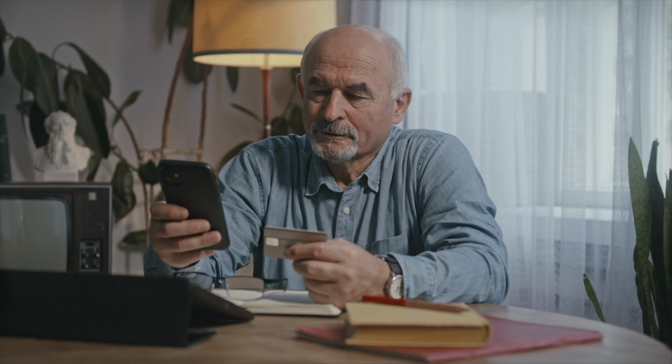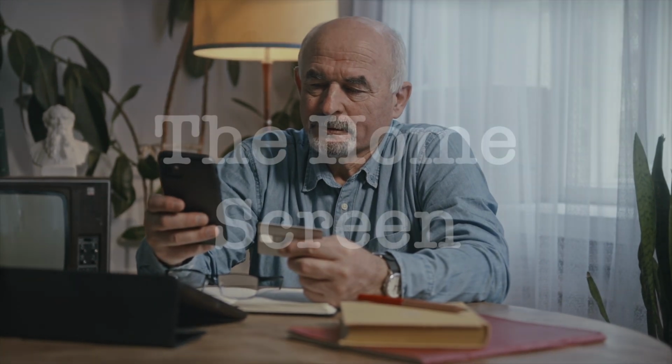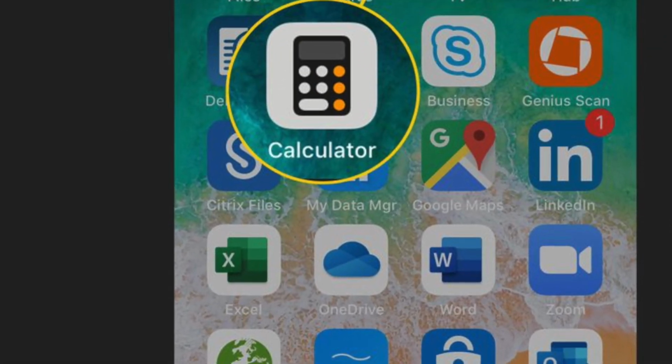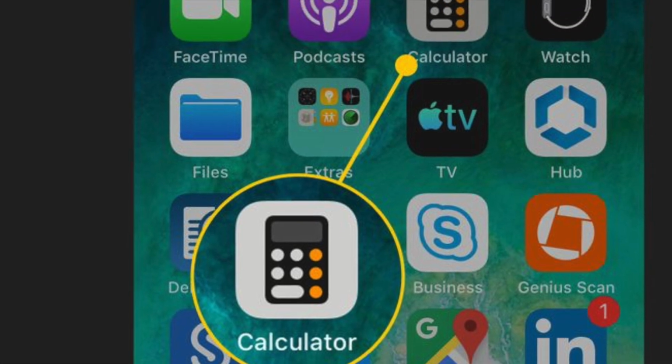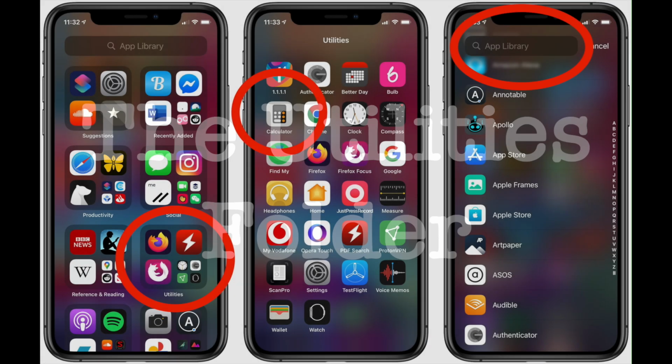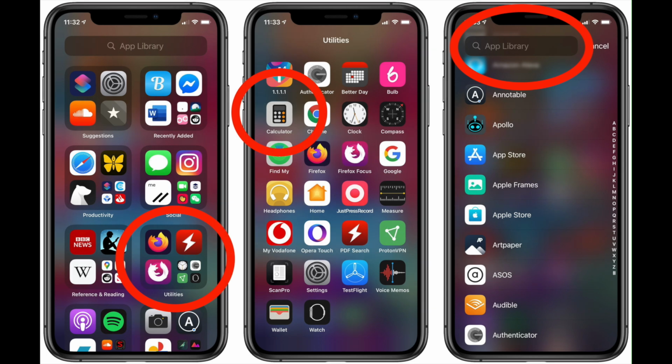Open the built-in calculator app on your iPhone. You can find it in 4 places. The home screen. It comes preloaded and is usually on your home screen. You might need to swipe through a page or two to find it. The Utilities folder. Scroll to the far right of your home screen and locate the Utilities folder to find the